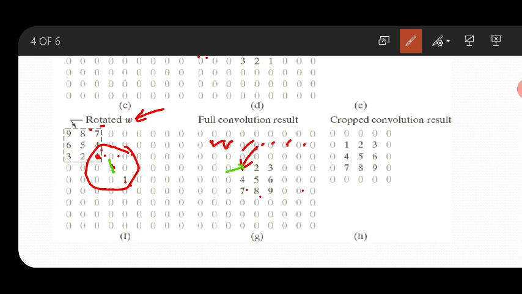This is the answer I got here. Now again I have to slide it. Which is the center pixel? This is the center pixel. What is that value? 9 into 0, 8 0, 6 5 4, all 0. 2 is multiplied by 1, so this will be replaced by 2. Now again I slide it here. Which is the center value? This one. The center value 3 will be multiplied with 1, so this will be replaced by 3.